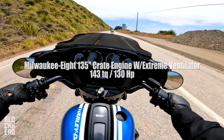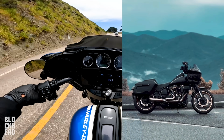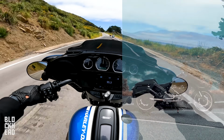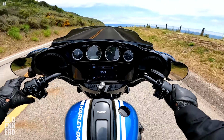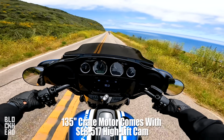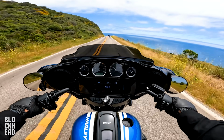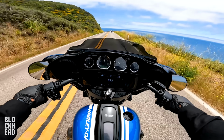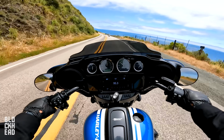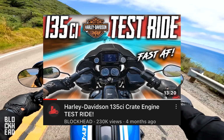Now on Goldzilla, which is my personal bike, a 2020 Harley-Davidson Softail Lowrider S, it's got a 131 cubic inch Stage 4, but also an S&S 590 race cam. Maybe that's why this thing feels a little quicker, because of the cam profile. It definitely feels like it has more of that low-end grunt, whereas my S&S 590 has a lot of top end, and it's really nice to feel that low-end push. Anyways, the 135, wow, holy shit. Like, significant. I did ride it previously in Daytona, those first initial thoughts and impressions, but man,